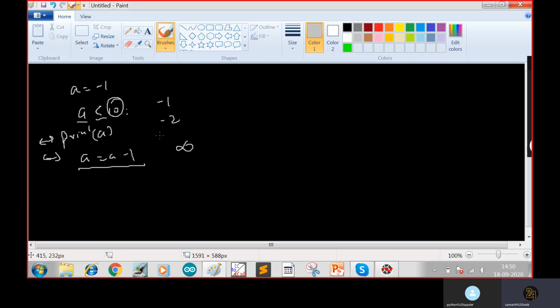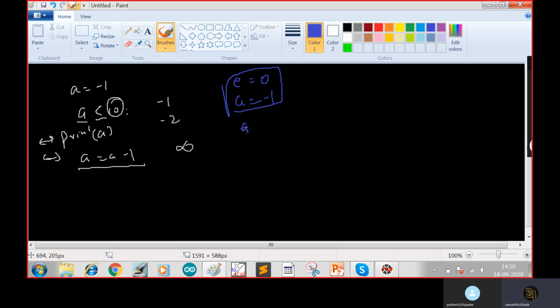So now what we need to do is keep another counter. Counter in the sense that it will keep on counting the value. So we'll give it a new name. We'll give it e. E is 0. If you don't like it, you can give any name, but I'll keep it as e. So what will the syntax be? E is 0, a is -1. These are the two main values before we start the program.